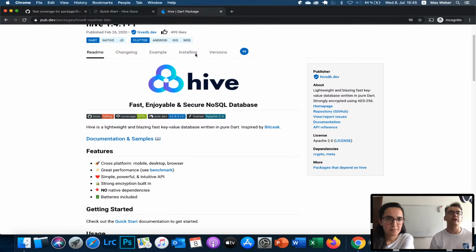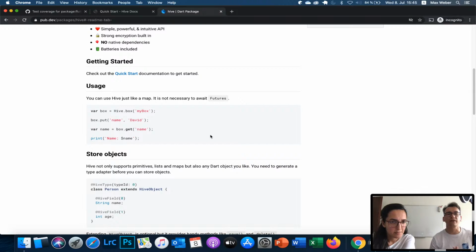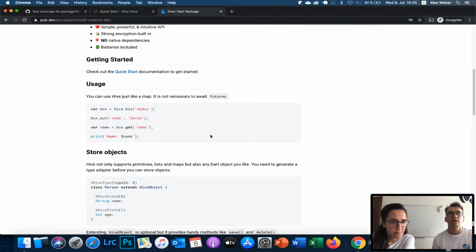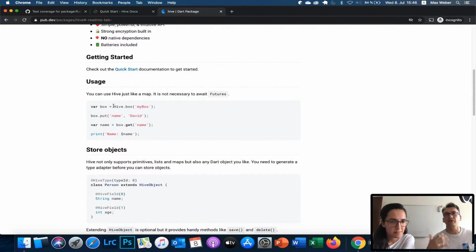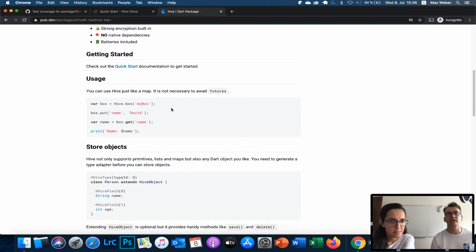While Hive is very easy to use, and it is really just on your device, which makes it a bit better. So what you can do is, for example, if you have a server and you get your data from there, you could use Hive to save the data and receive it as cached information. Okay, and you found already the next part that we have to do, right? Yeah,